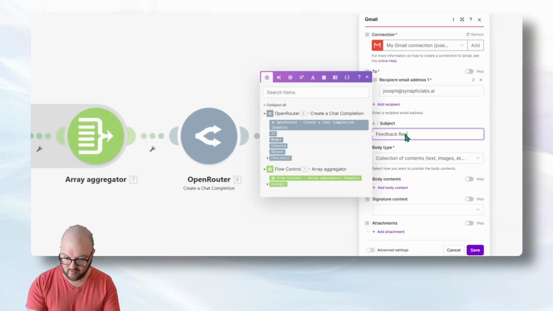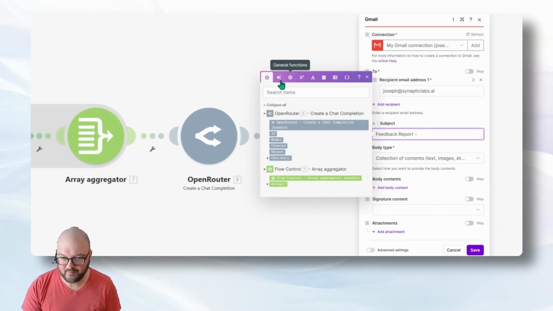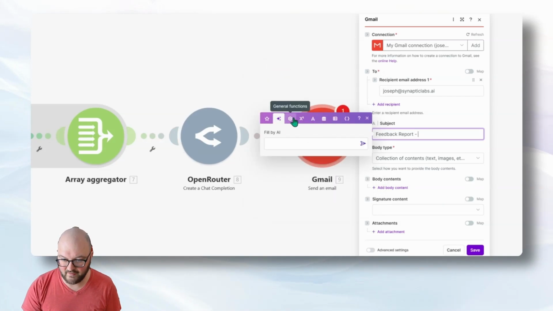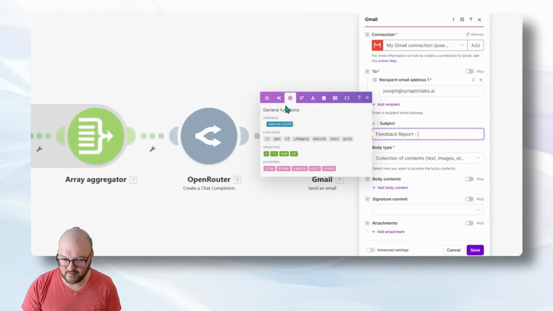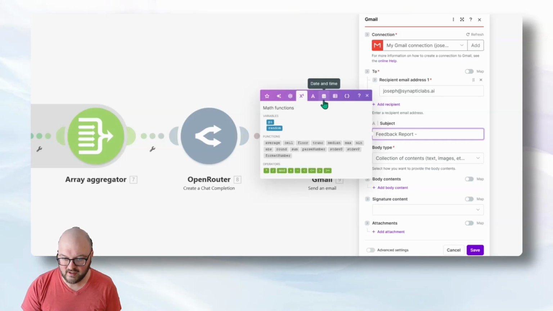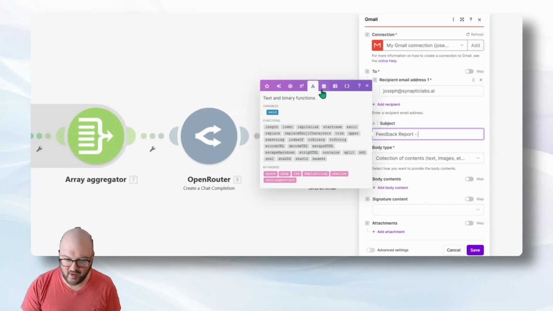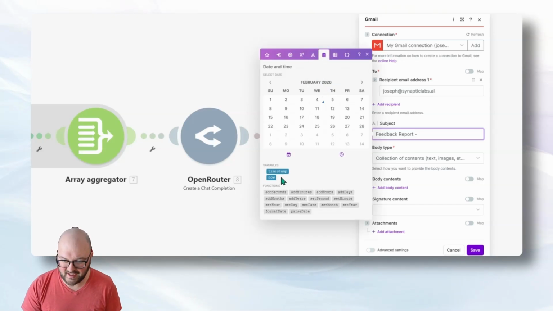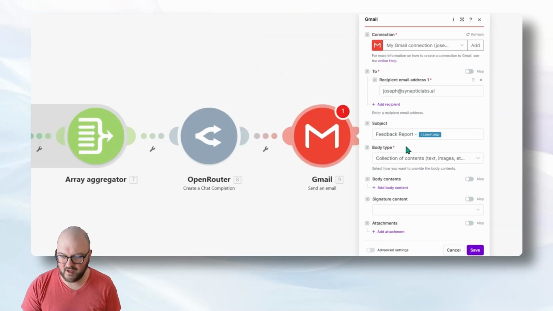feedback report. And then you can see we have this menu of things that we can pull from. These are the previous steps that we're going to need to grab in a second. But they have other options. You can have it filled by AI. We can have some sort of general functions, some math functions, binary functions, but we want the date, which is let's just grab the timestamp and we'll stick that in here